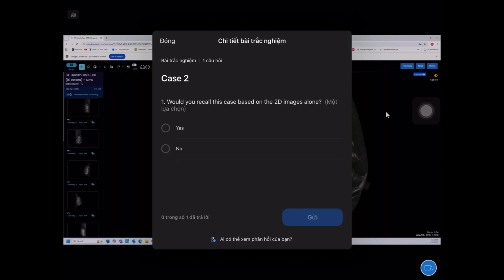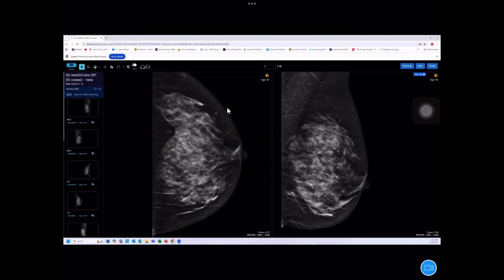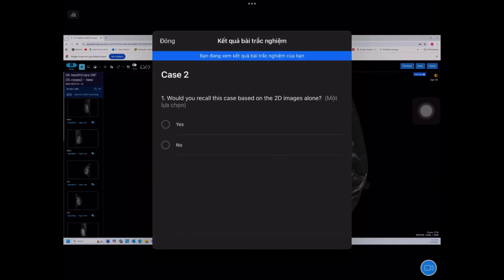Okay, so it looks like people are tending to say yes, but I'd have to say I think this is a very difficult case, right? So I'll close that, and I think you'd have a lot of trouble seeing where the abnormality was. Unfortunately, I can't go through all the detail with you here, but what we'll do is just have a look now at the